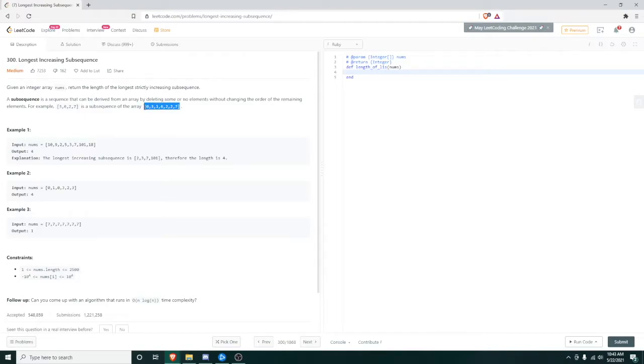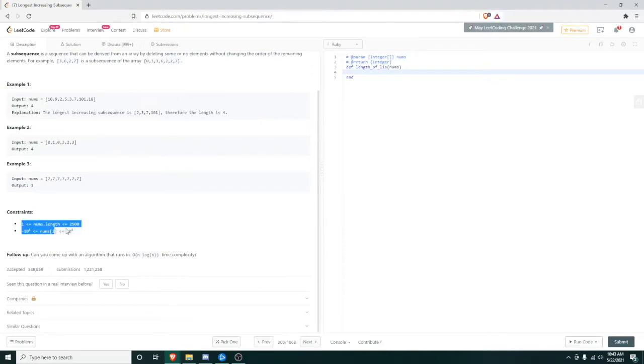So for example, 0, 3, 1, 6, 2, 2, 7 is the array that they're giving us. An example subsequence in this array is 3, 6, 2, and 7. And you might be like, oh, that's weird, you're skipping this 1 here, or you're skipping one of these 2's here. But in their definition, they're not saying that the subsequence has to be right next to each other. They're saying the subsequence is just numbers that are after each other in the array at all. There can be numbers in between as long as it's after. So with that in mind, and with the constraint in mind that there's always going to be some number in the array,